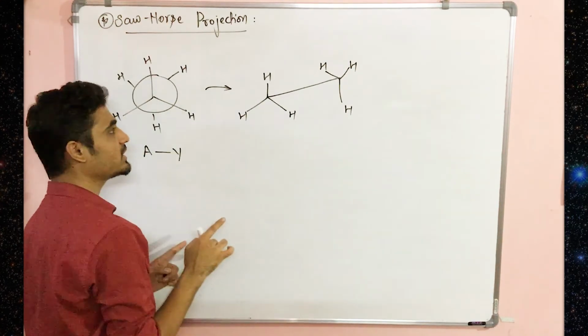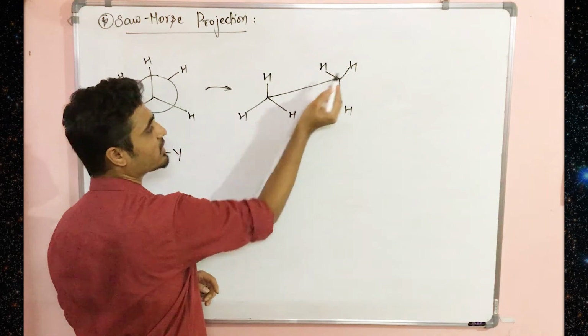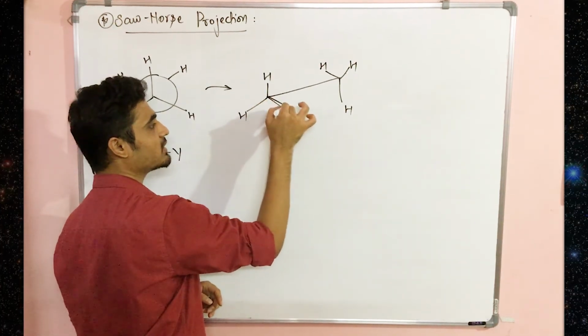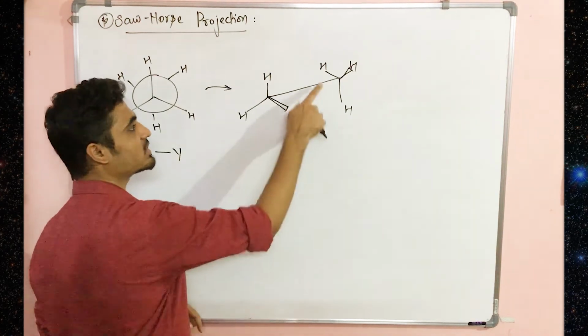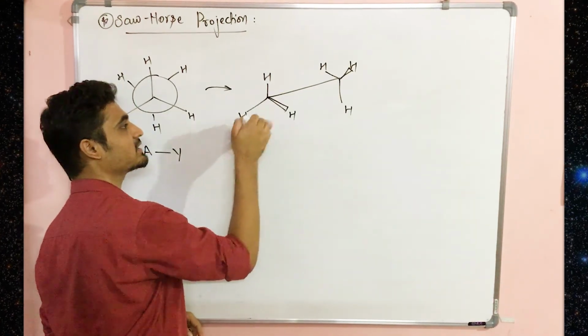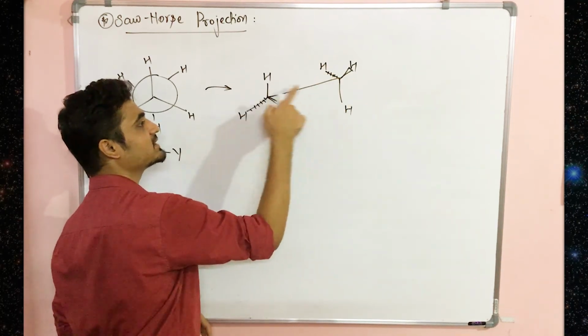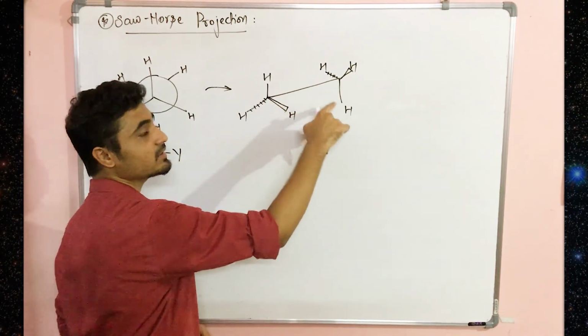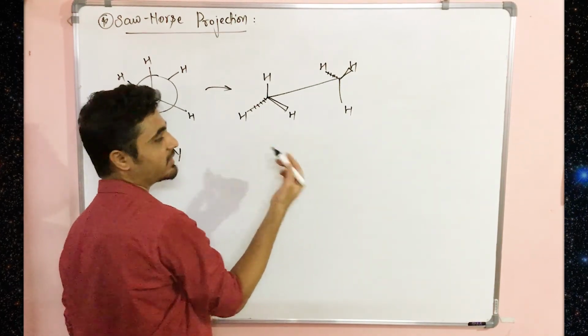Done. Now what I told, the ones on the right hand side, that is this bond and this bond, are actually on the wedge. That means they are above the plane. And the bonds which are going behind are this one, so I can draw them with the dash also. And the other two are going to be in the plane. So this is AY. I can draw YY also.